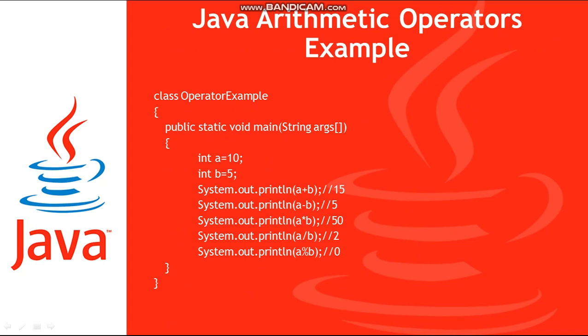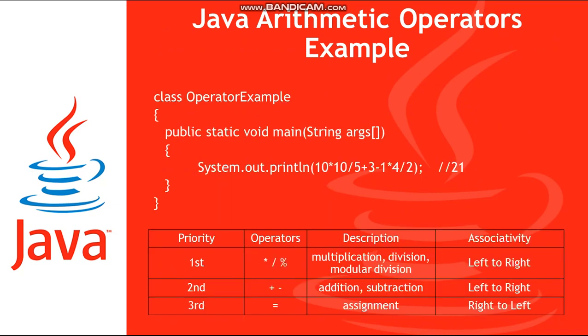So System.out.println a minus b gives the result 5. Earlier we took a third variable, did all the arithmetic operations in that third variable, and concatenated it in System.out.println. Here they have not taken a third variable, they have written a plus b directly in System.out.println a plus b. So what does this statement execute? It will give the value of the addition, the value of a plus b.